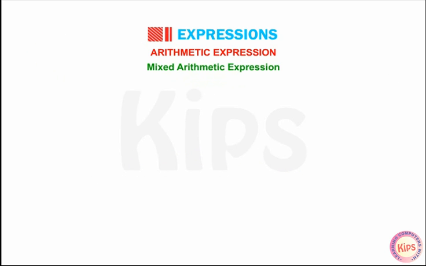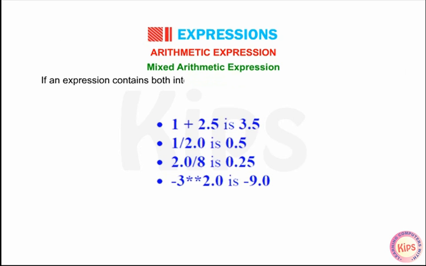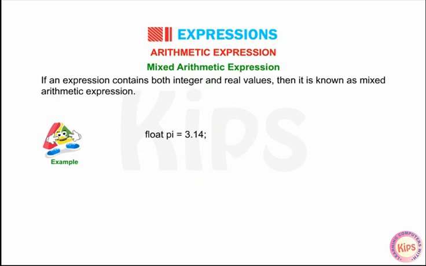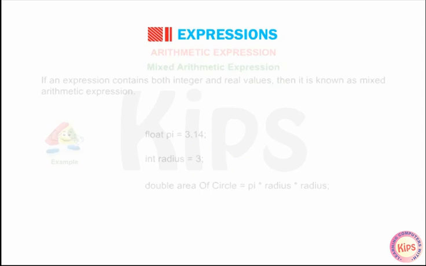Mixed arithmetic expression. If an expression contains both integer and real values, then it is known as a mixed arithmetic expression. For example, float pi = 3.14; int radius = 3; double area_of_circle = pi * radius;